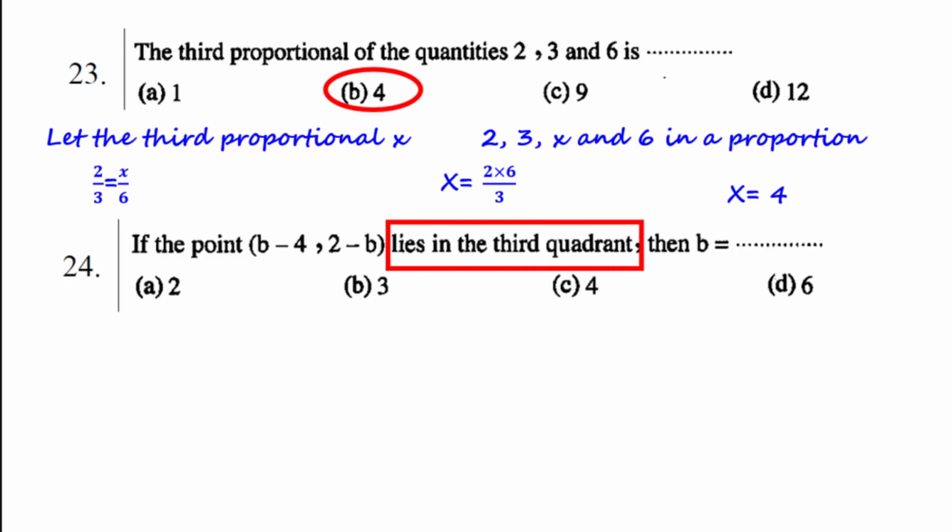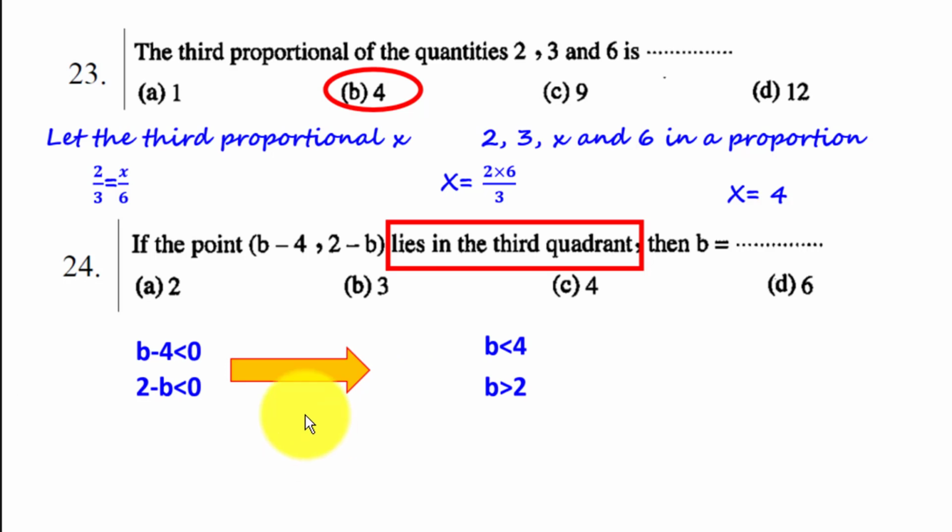He said it lies in the third quadrant. Now we can deduce that the x coordinate is less than 0 and the y coordinate is less than 0. Now the x coordinate is less than 0, so the expression b minus 4 is less than 0 and the expression 2 minus b is less than 0. We can get here that, guys, b is less than 4 and